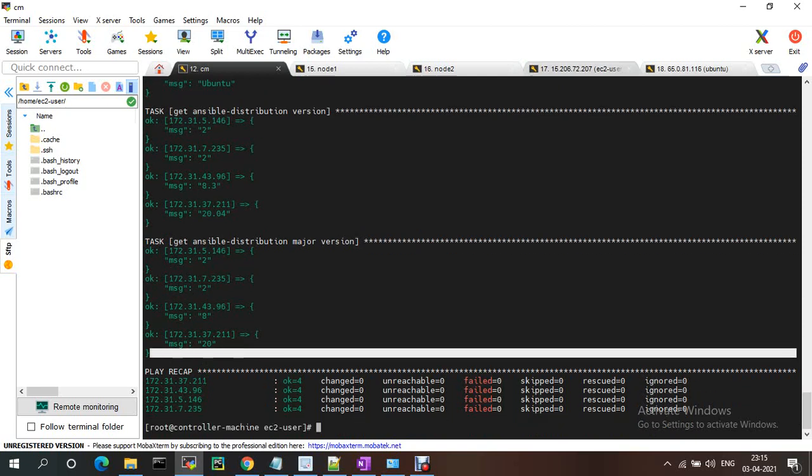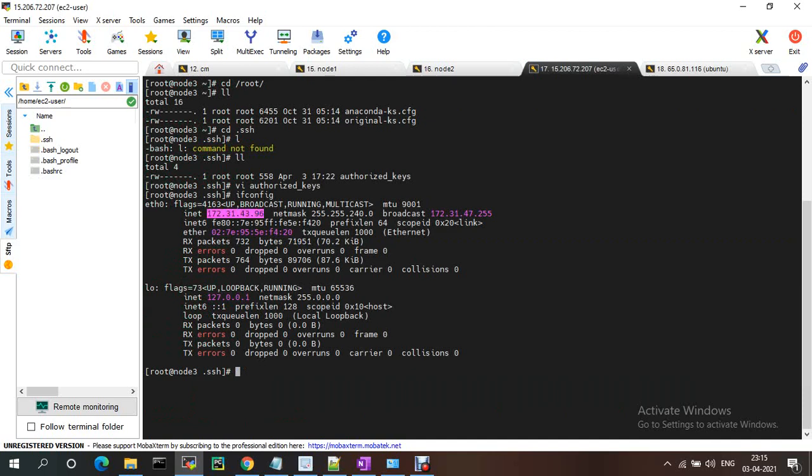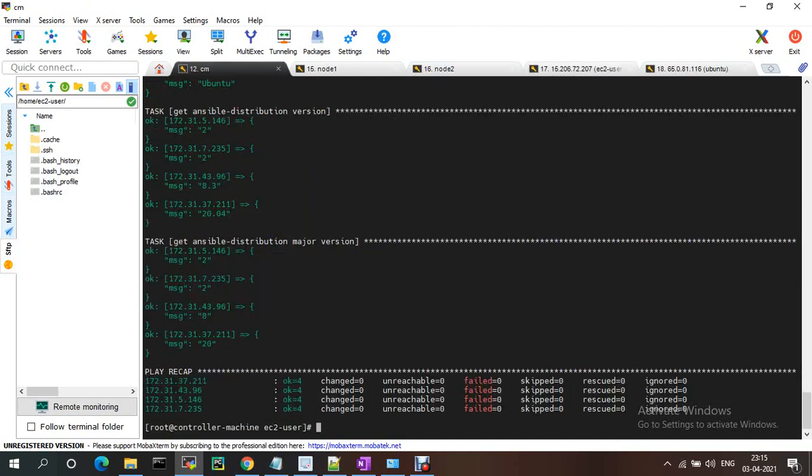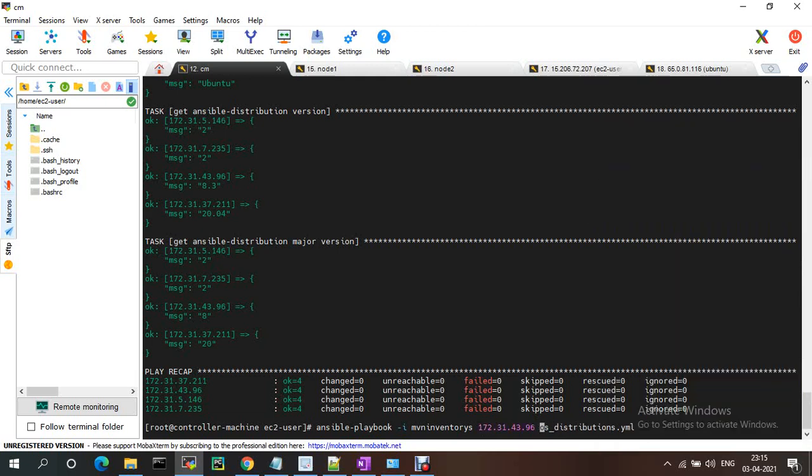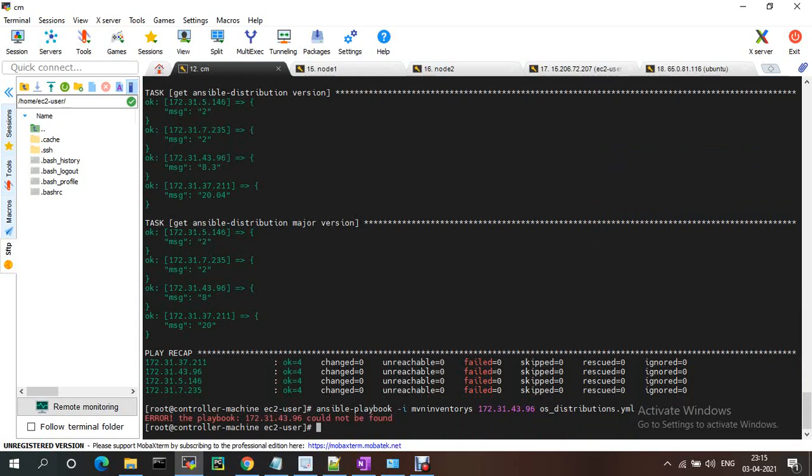If you want only a particular node's version, while running the playbook you just need to provide the IP or group name. Suppose you want only this one.